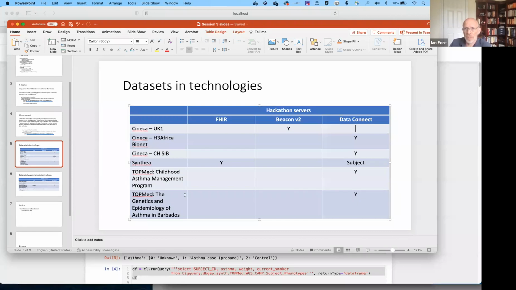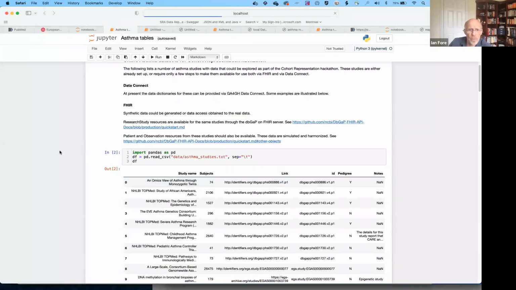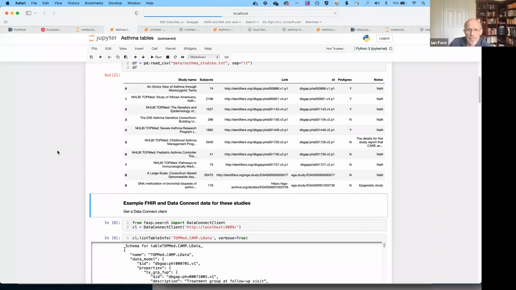Which are very easy to put in Data Connect, and I think we have about 4 or 5 of them. And one of the questions is, I mean, there are synthetic versions of them. One of the parallel things that the hackathon is doing is following a DAR-a-thon, a data access request. So, this is the list of tables that we're working with, or one of the lists of